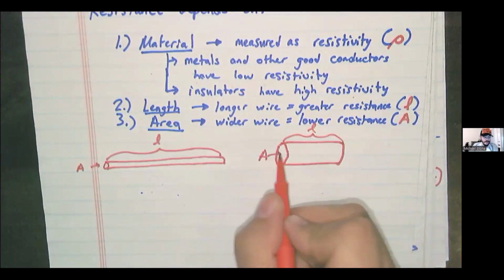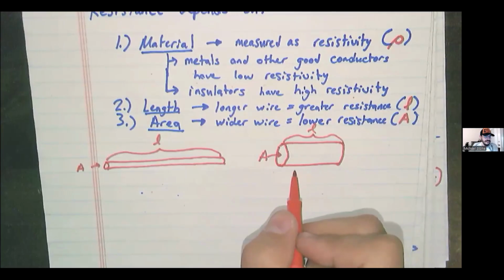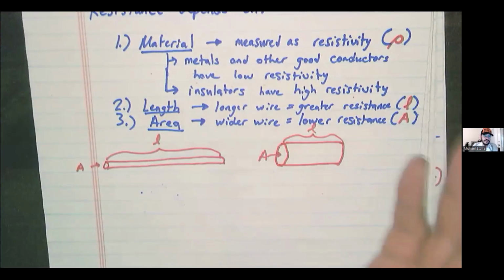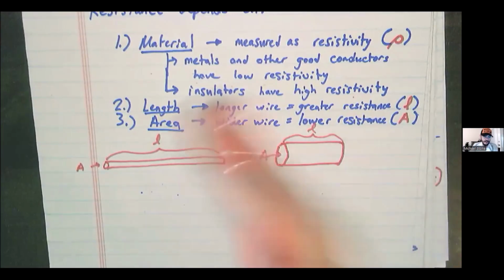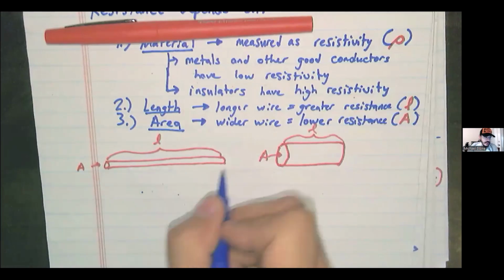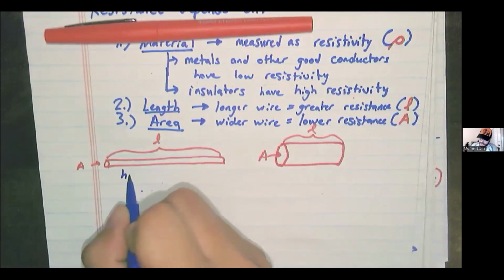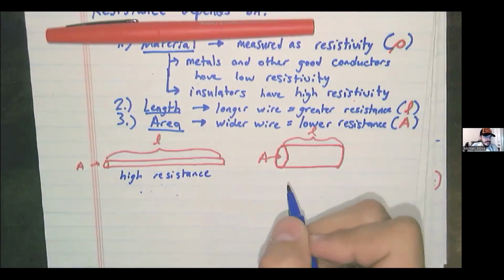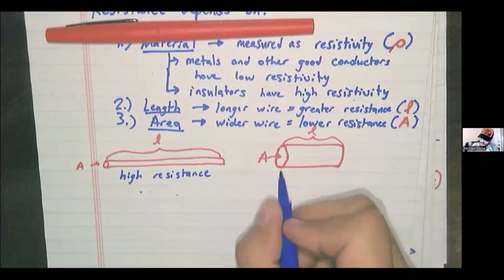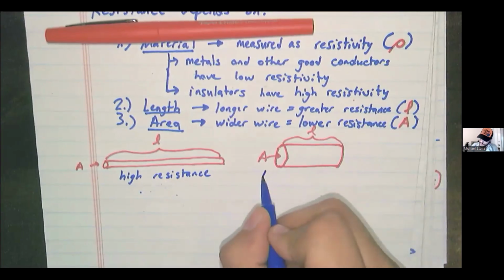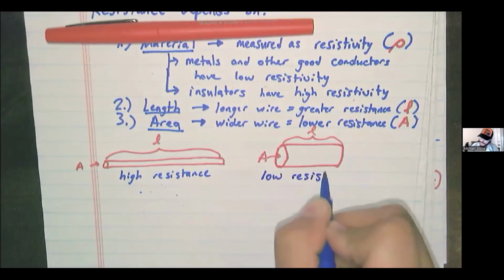Stick a battery on either end, a light bulb in there somewhere, so that the brightness of the light bulb would correspond to the magnitude of the current or the intensity of the current. And you would find quickly that a long, skinny Play-Doh wire gives you a dimmer light bulb. It is working against the current, so we say that it has high resistance. Whereas a fat, squat, short Play-Doh wire would give you low resistance.